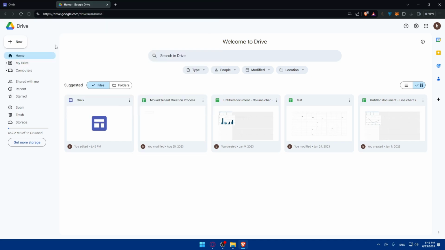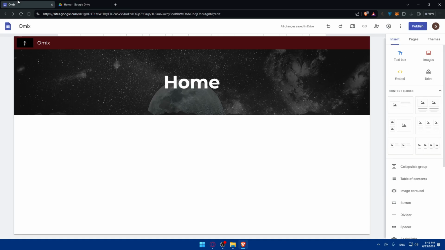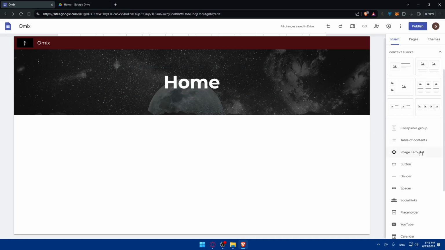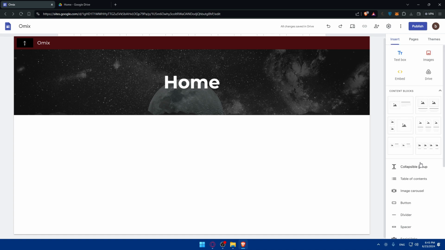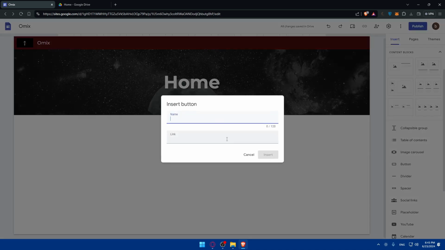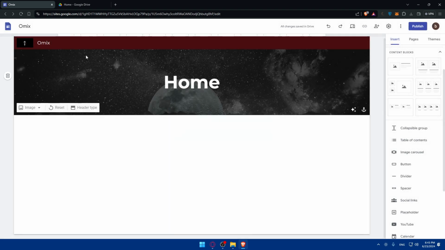I want to upload a video. I need to upload this here. So I can use this on my Google Sites. If I did not upload it here, of course, I'll not be able to do it. So, an example here, you can even add some blocks, whatever you want. Other than that, you can even add like a button that can simply take me to the video as an example. You can simply put the link here if you have it uploaded, as an example, on YouTube or something